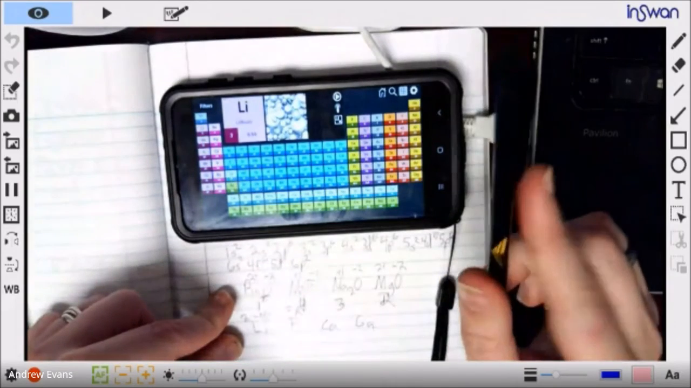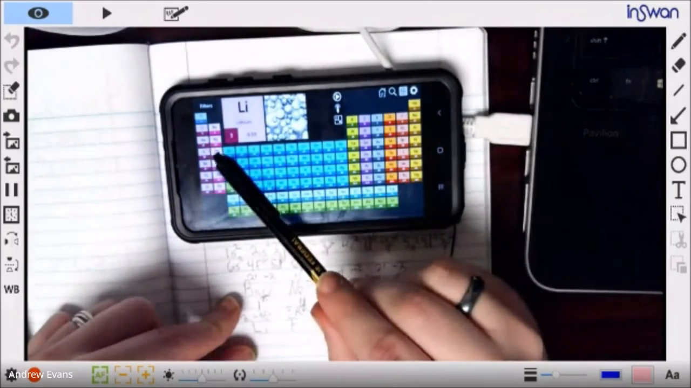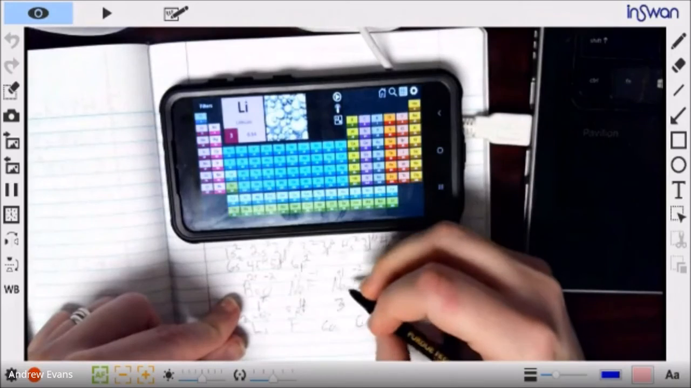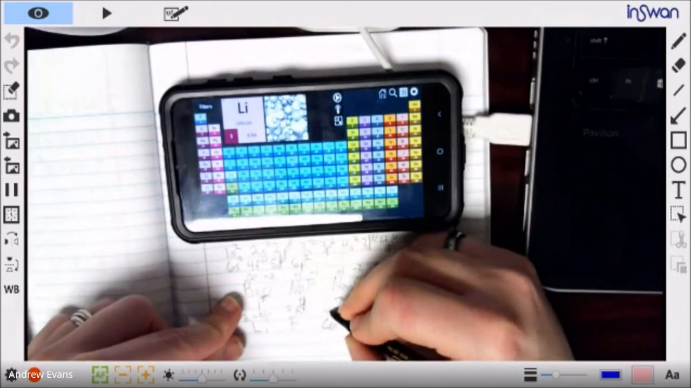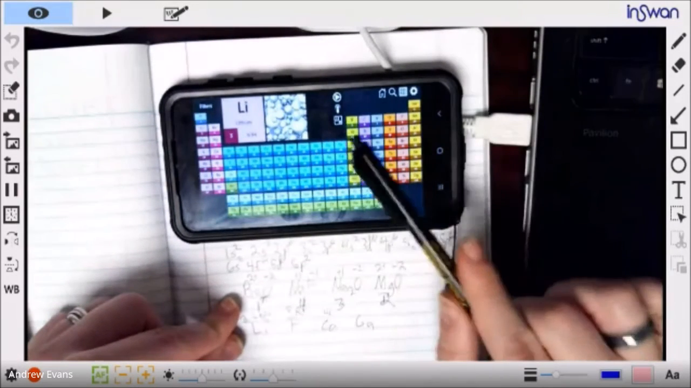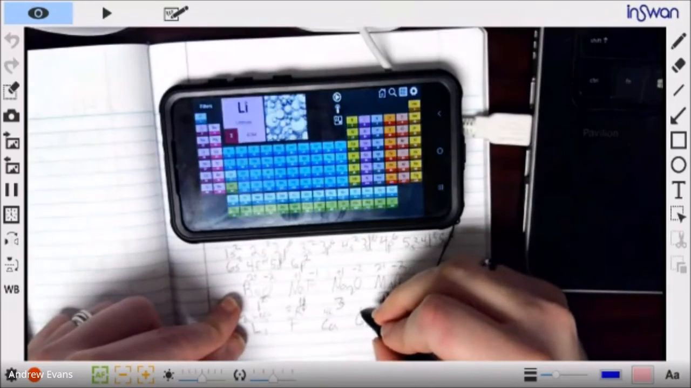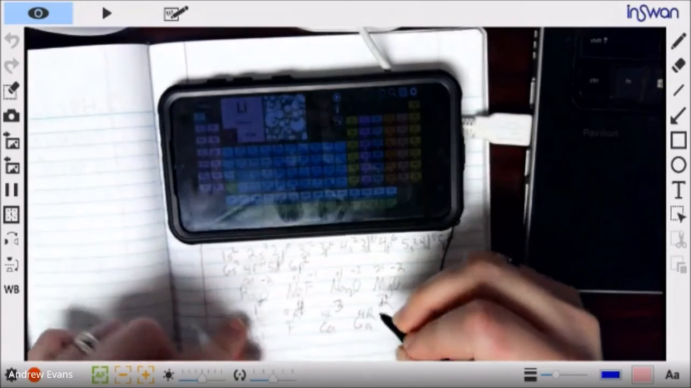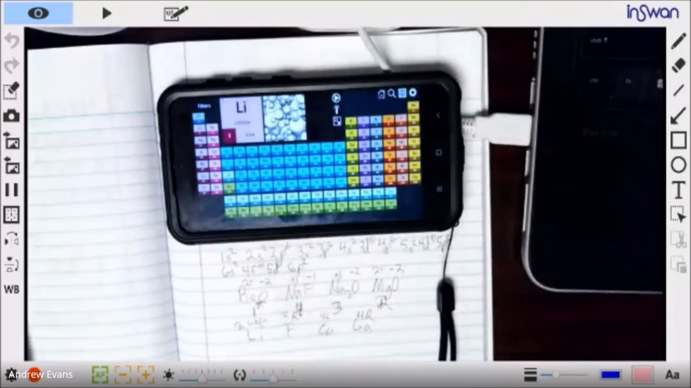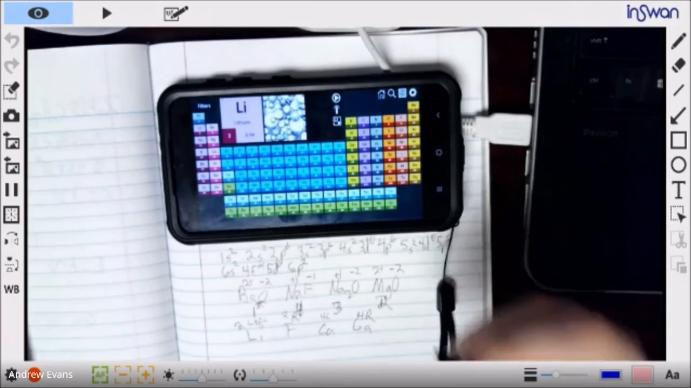Calcium is row 4 on the left. Gallium is row 4 on the right. Not quite all the way on the right, but on the right. Typically speaking,